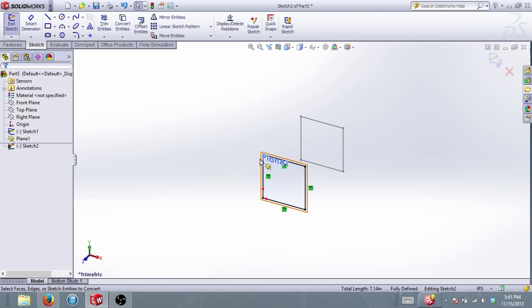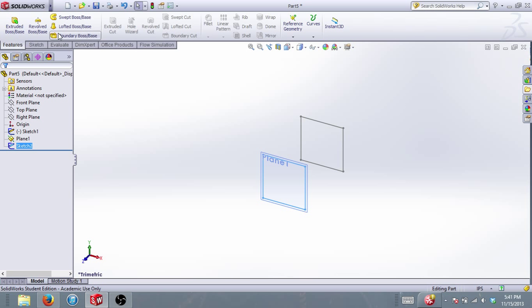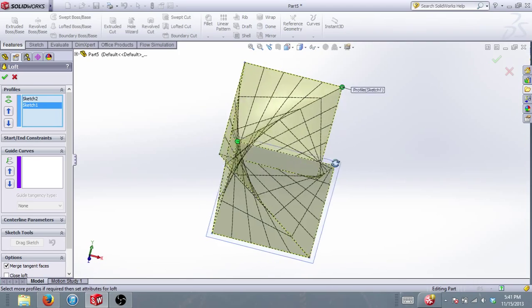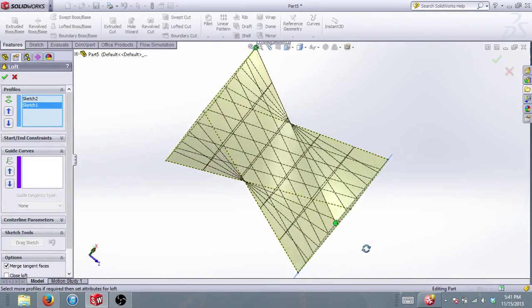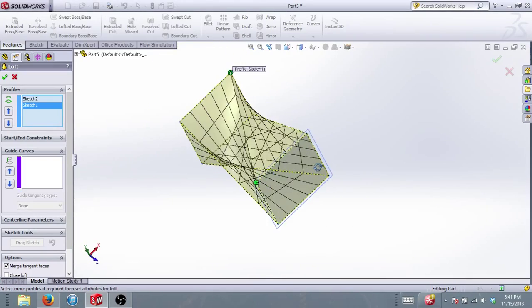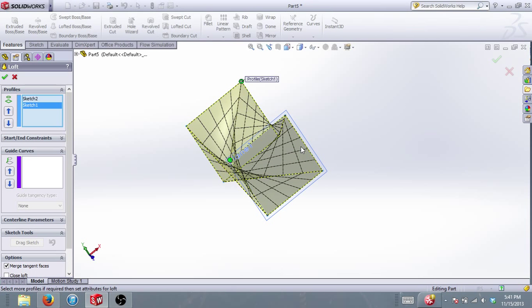Okay, so what I did was I just made two squares exactly the same, and I'm going to loft it. You can achieve the exact same thing with an extrude. But you can't do this with an extrude. Okay, now I was showing you what these circles do. It's better to explain this on a square object. So it takes a corner or an end point, and that's where it's going to translate to the next one. So if I want this to look like an extrude, hold this circle and